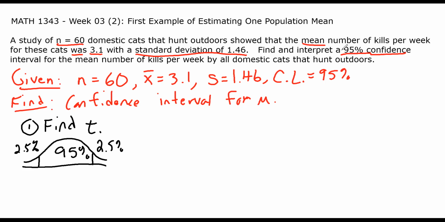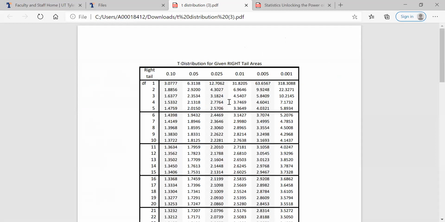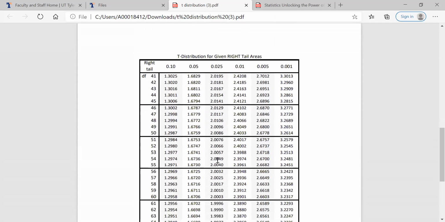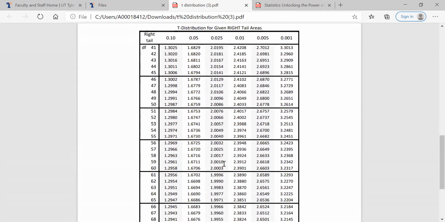For our degrees of freedom, just the sample size minus 1. But our sample size is 60, so n minus 1 is 59. Going to our T-chart, we need 2.5% on the right tail and 59 degrees of freedom. 2.5% on the right tail is the third column. Go to the second page. 59 degrees of freedom. Our T is